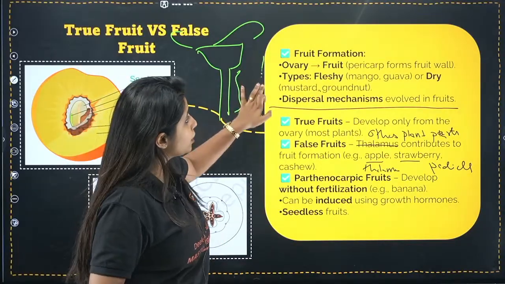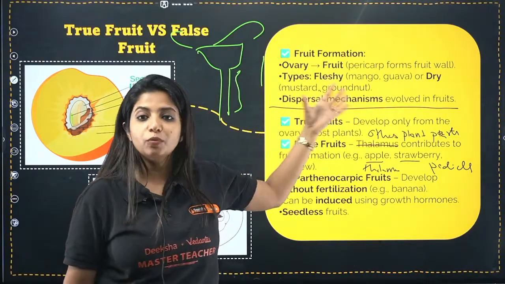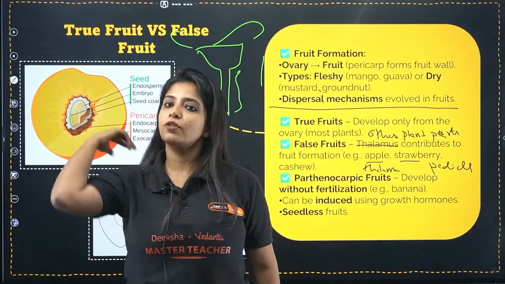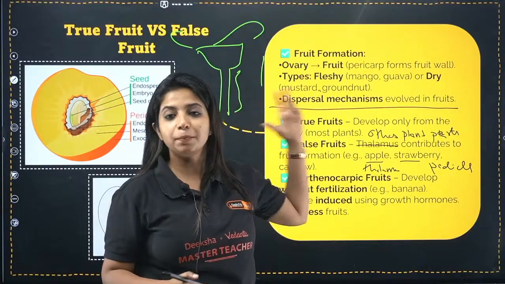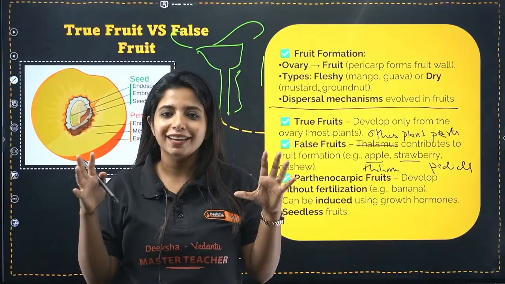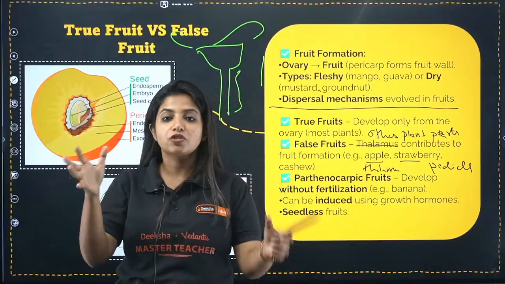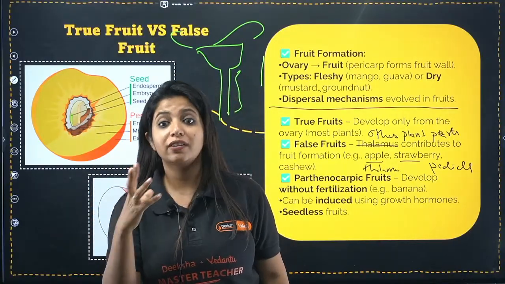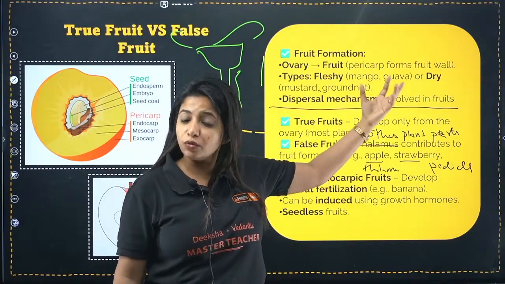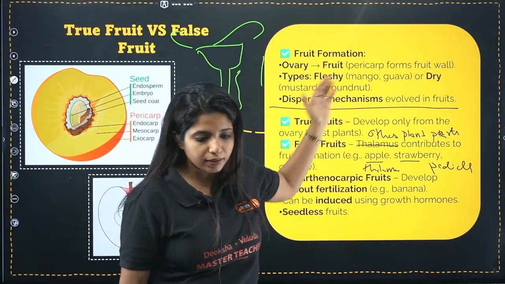Now, at the top they have mentioned one more thing, that ovary becomes a fruit, that is okay. Some fruits are fleshy and some fruits are dry. What do you mean by that? In the fleshy fruits, you will be finding the mesocarp to be there. In the case of some dry fruits, for example groundnut and mustard, they do not have a fleshy kind of ovary. It's very dry and you can just peel it off. So yes, they have their own ovary which transforms into a fruit, but over here it's not fleshy, rather it's dry. Please understand that. So fleshy as in the case of mango, in the case of guava, but dry in the case of mustard, in the case of groundnut. Cool, so that is also there.